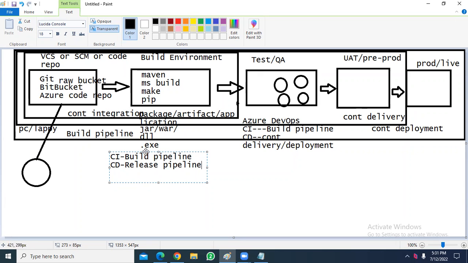Now see, when it comes to environments, we have spoken about environment, right? Build environment, testing environment, pre-prod, production environment. What is meant by environment? Your environment is nothing but servers plus software installation.